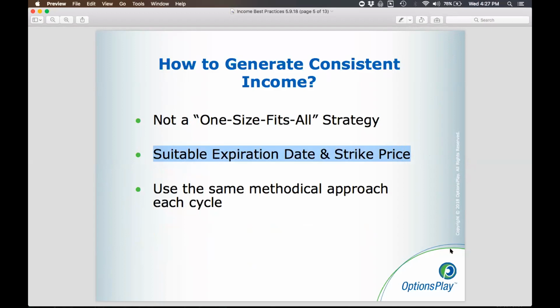So how do we determine that? How frequently you trade will help you determine your expiration date, and your risk tolerance will help you select your strike price. The key to generating consistent income in your portfolio is very easy. It's just to use the same methodical approach every single cycle. So we're going to teach you today how to pick a correct expiration date based on how frequently you trade. Then we'll teach you how to pick a strike price based on your risk tolerance. And all you have to do is stick to that month after month, quarter after quarter to generate consistent income